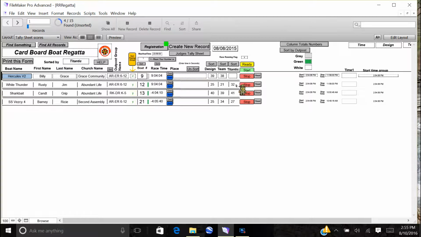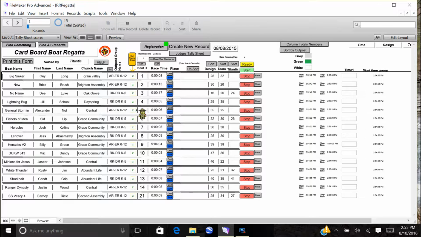It put a bunch of time in there for them, and it's like 10 minutes to their time. So that puts them towards the end where they can't get a heat ribbon race. So you can do the omit, and then the judges record this as a sunk boat. Okay, then when it comes time, all your boats have run, because they all have Z's in them, and